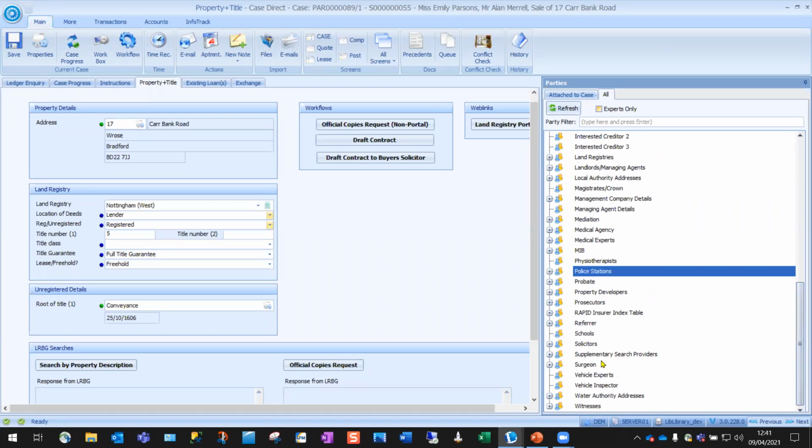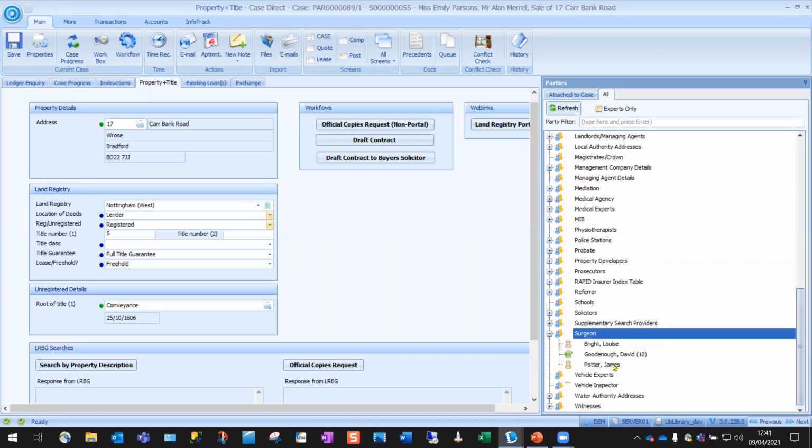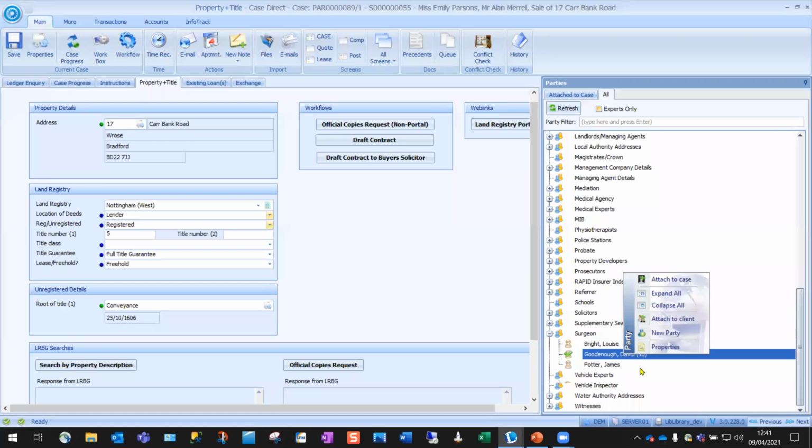So for surgeon here, for example, if I expand that one out, I've got 3 within here. This one stands out a little bit different. If you see the name of the person there, Dr. David, what we can do here is give them a rating and assessment, and that's what that number 10 in brackets after their name is. Just to show you how that works, let's select him